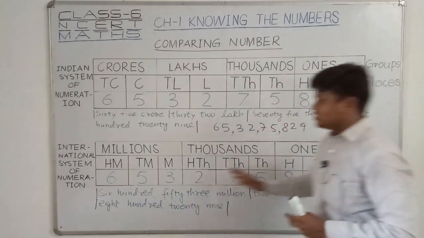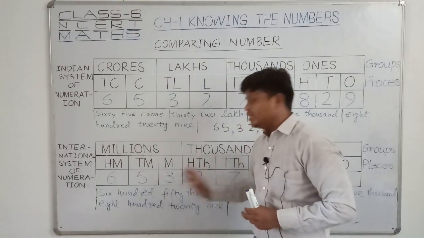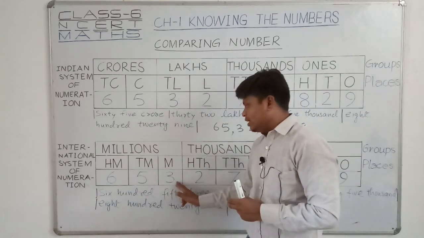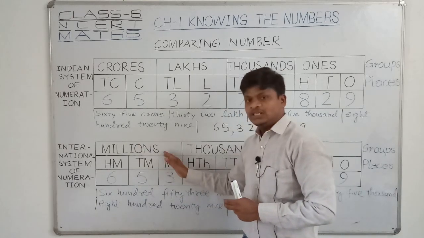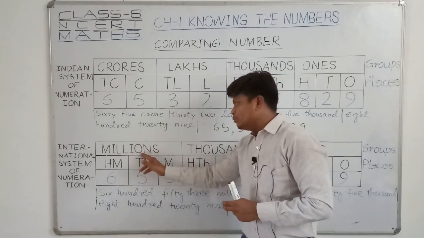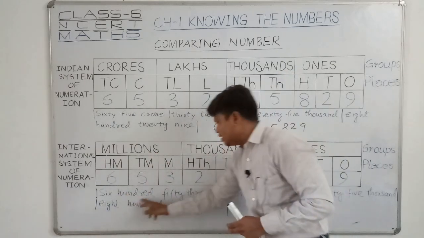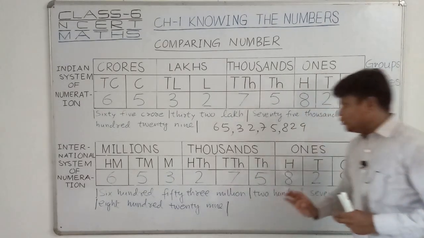So we start from the left-hand side. That is the number 653, right? Simply we can read this number as 653, but this 653 comes in the group of the millions. So after this number I will put the million: 653 million, just like that, right? So it is very easy to read.